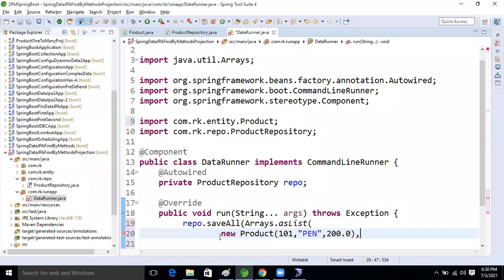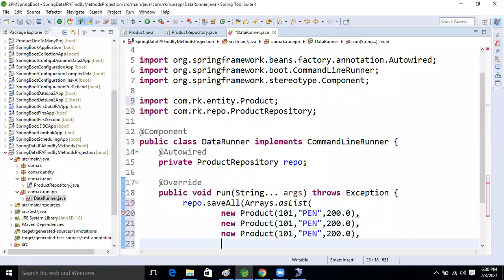Good. So multiple products. Let's take here two, notebook.